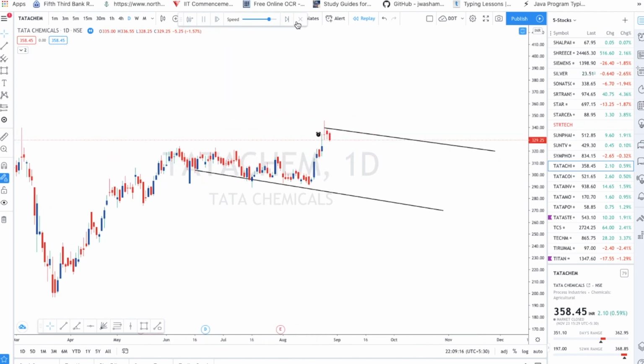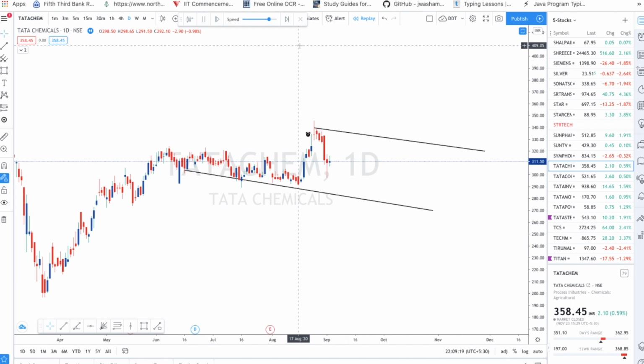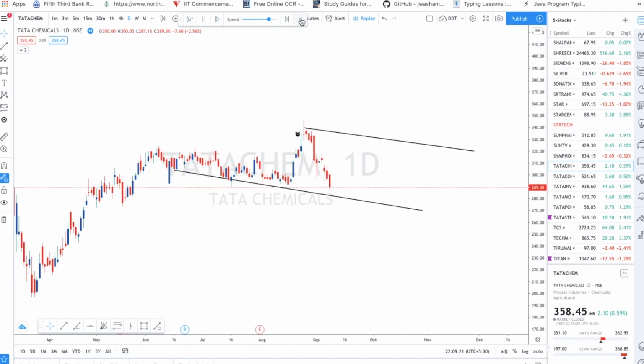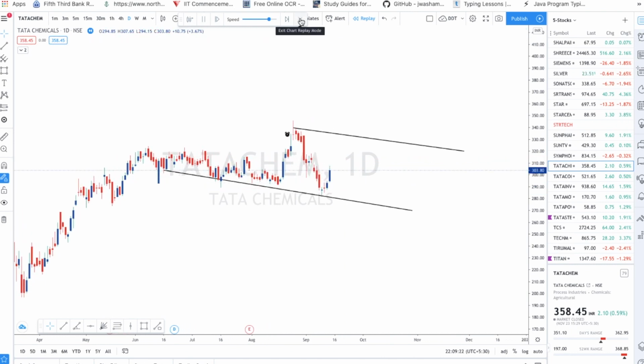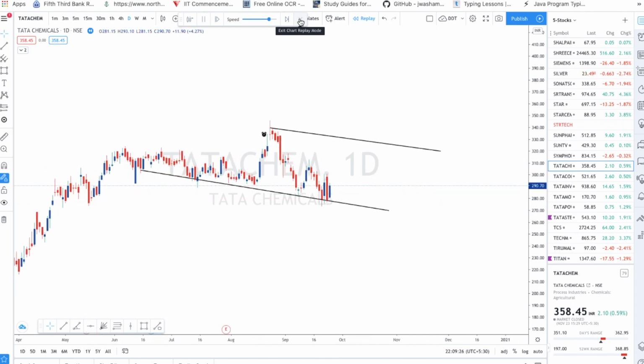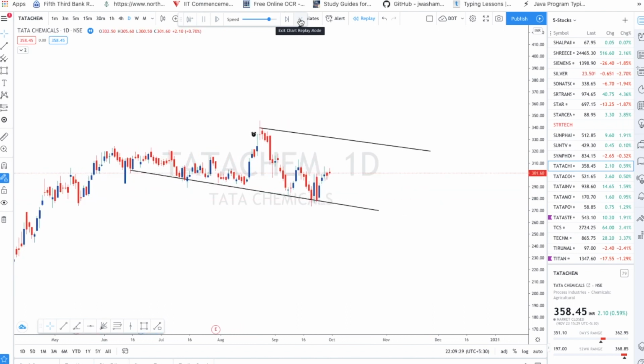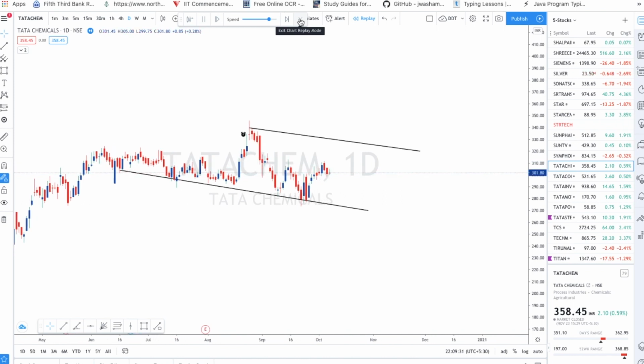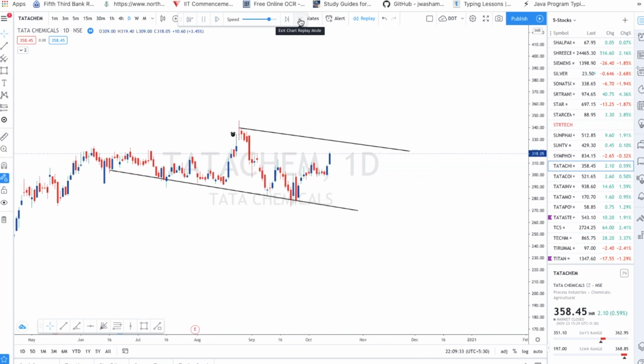So this is also one of the good tools to check with replay and back test whatever indicators or anything I discussed. If you want to test it, you can test it by using this back testing tool. So I think this is all about it. I already discussed everything.